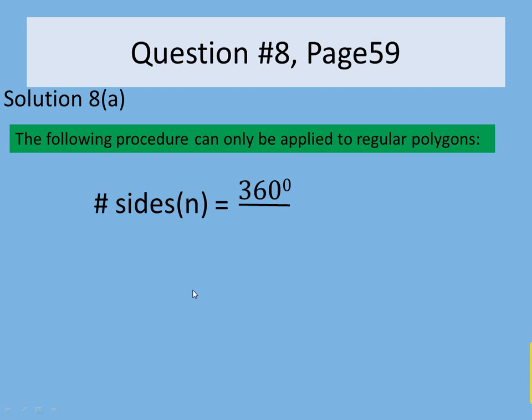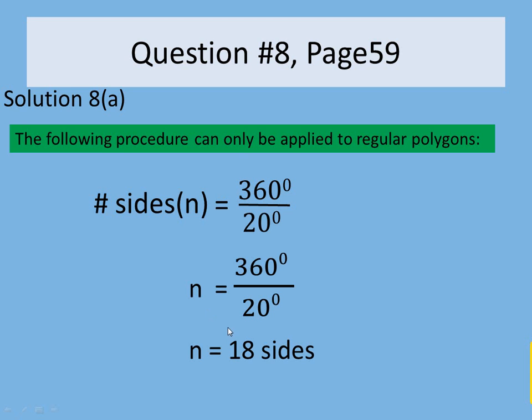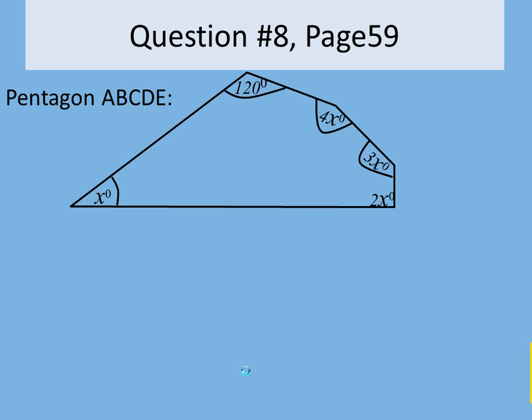Therefore, we can divide 360 degrees by one of the exterior angles, and we would be able to find the number of sides. So here we divide the 360 degrees by 20 degrees, and that would be 360 divided by 20 equal to 18 sides. So this polygon would have 18 sides. Let's continue now to question